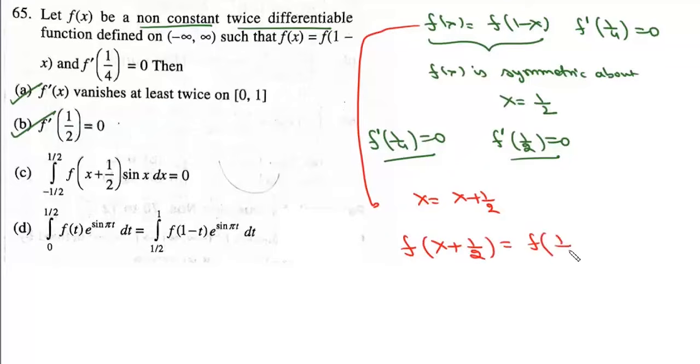Now this is 1/2 minus x. So if we look at this integral from minus 1/2 to plus 1/2, f(x + 1/2) sin x dx, then if we use the property that the integral from a to b of f(x) dx equals the integral of f(a + b − x), we'll replace x with minus x. We can write this integration as